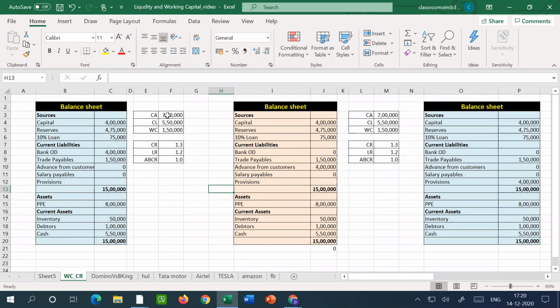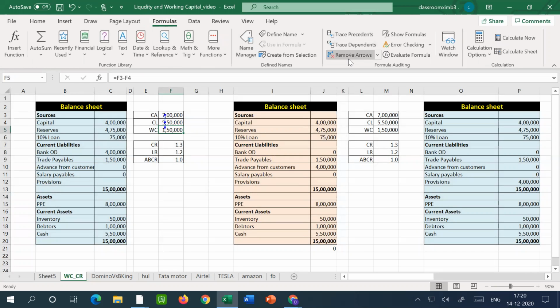Suppose we know that the working capital is the excess of the current assets over the current liabilities, and current assets consist of all those assets which can be converted to cash within a period of 12 months, and current liabilities are the liabilities payable within a period of 12 months from the date of the preparation of the balance sheet. So we can see that in this example, in case 1, working capital is 150,000, and the current ratio, which is CA by CL, current asset by current liability,